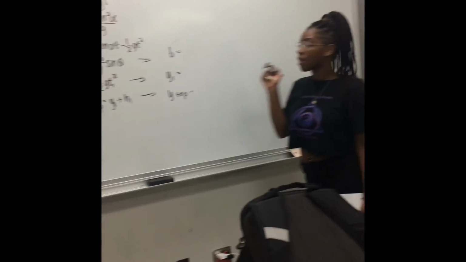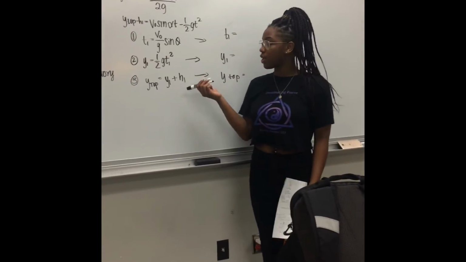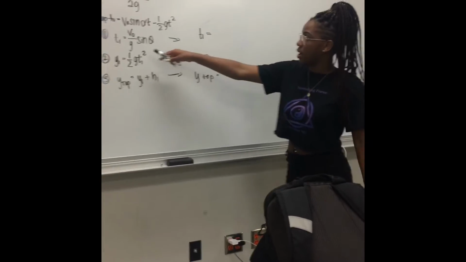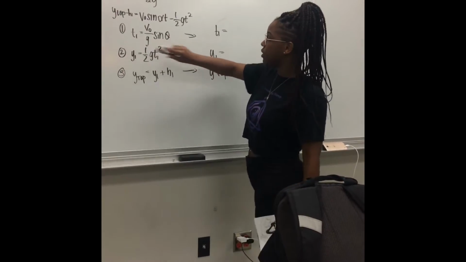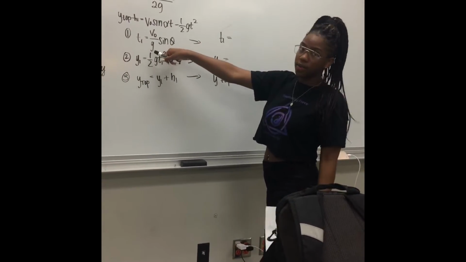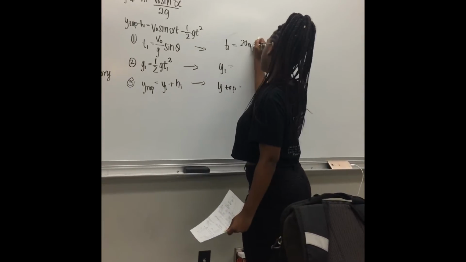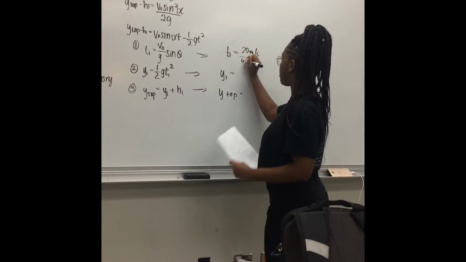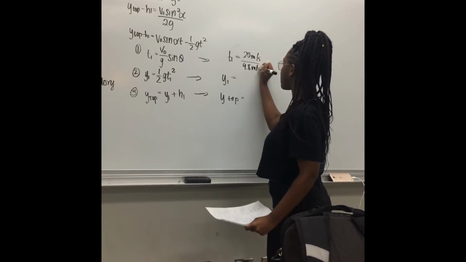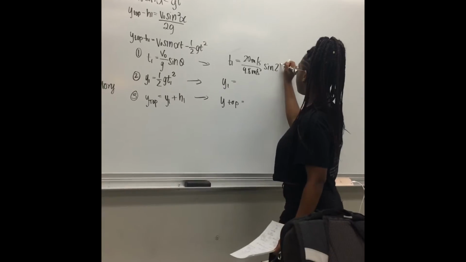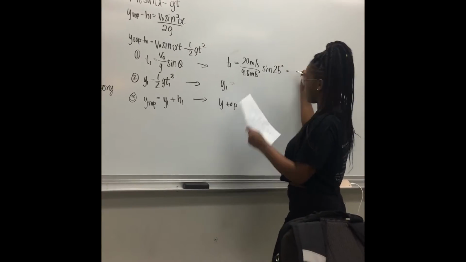Okay, so next you're going to use these three equations to find the maximum height. To start off, to find t1, you do v naught over g times sine theta, which is 20 meters per second over 9.8 meters per second squared times sine of 25 degrees, which is going to give you